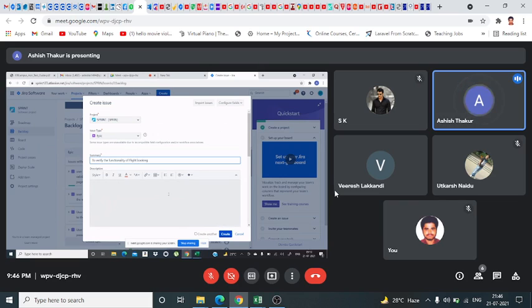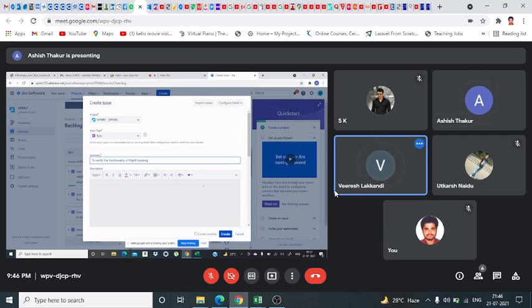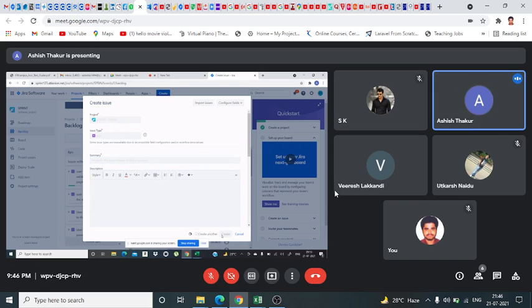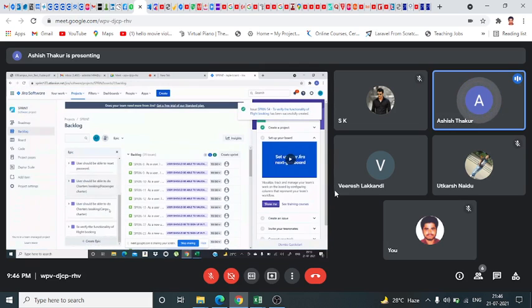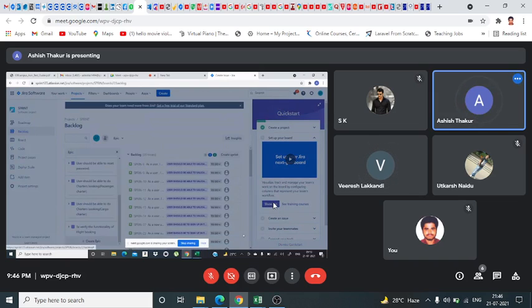Okay, you're seeing this? You understood it now? Then you will click on create, and now you can see a new epic is added. To verify the functionality of flight booking is very easy. You need to go to create, select epic, write the heading of the epic, and then create. This is for the epic.